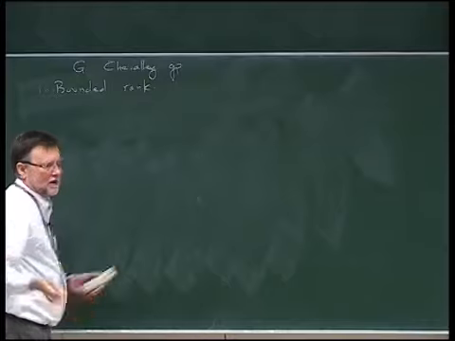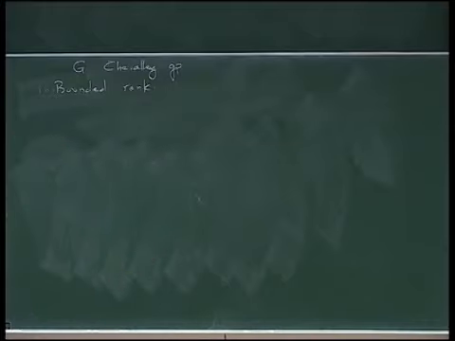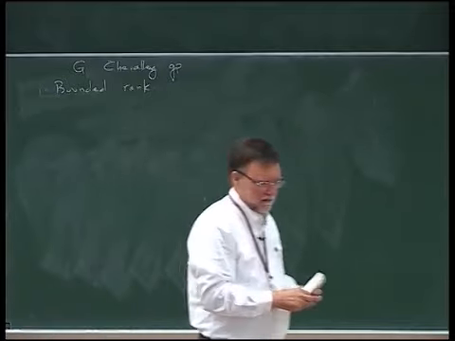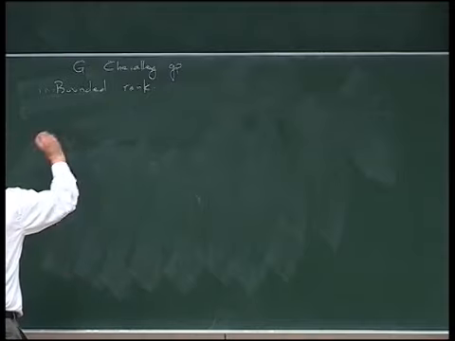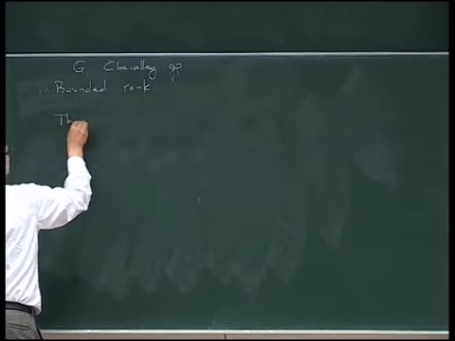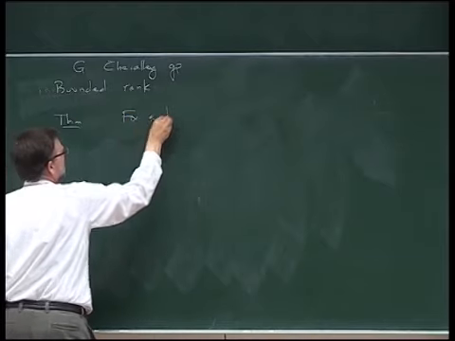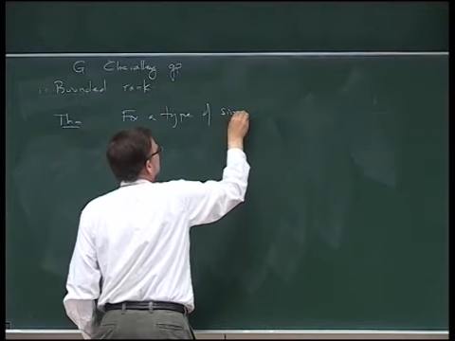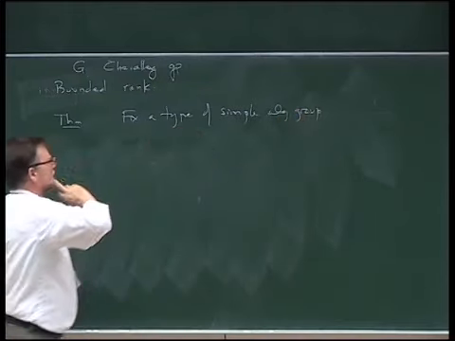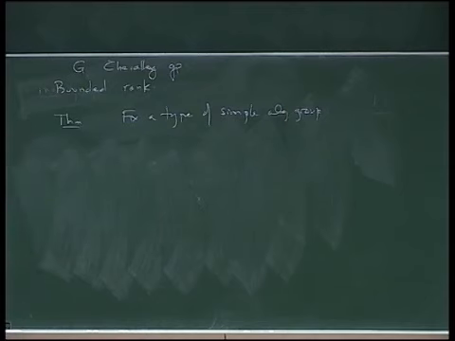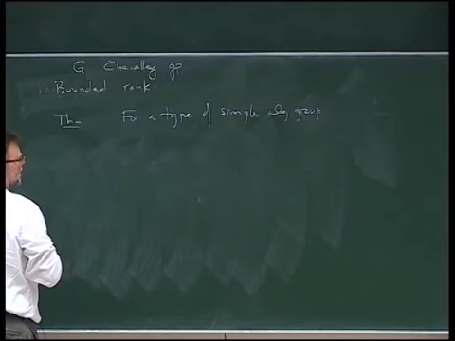So the nice thing about bounded rank is that, in fact, then you can use some algebraic geometry, and just let the field size go to infinity, and you can describe things in terms of varieties without too much trouble. So in that case, roughly the theorem is as follows. If you fix a type of simple algebraic group, and let me exclude Suzuki and Ree for the time being. I mean, it's still fine, but in fact, it's much easier just to deal with them separately.